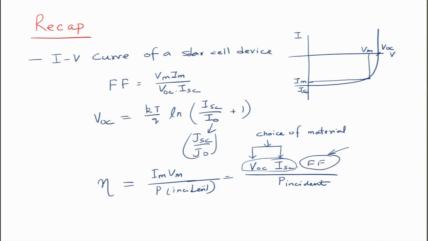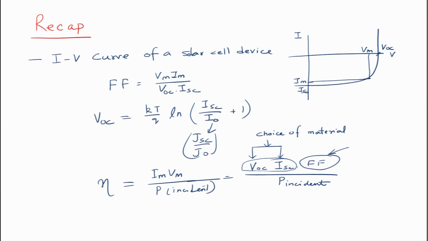The fill factor can be up to 100%, but it is seldom 100%, and most of the times it is in the range 60 to 80%. As a device engineer our job is to maximize this fill factor. If you can maximize VOC and ISC by changing materials and maximize the fill factor by device engineering, you will obtain high efficiency in the devices.